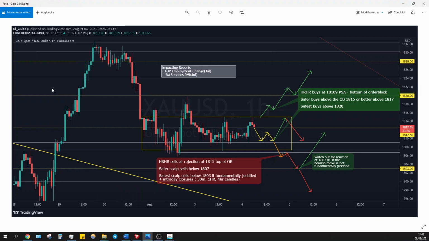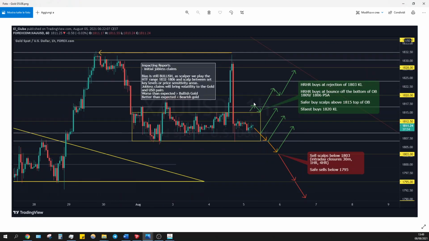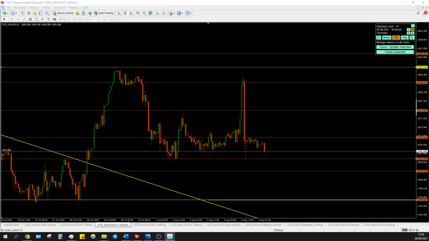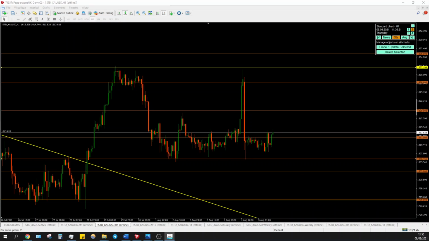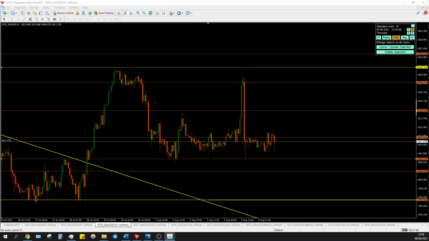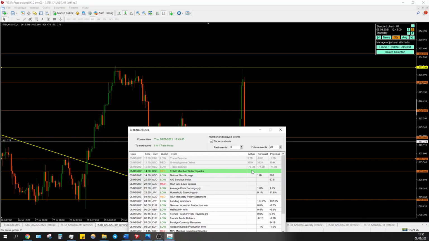Thursday, sorry. We have the initial jobless claims, nice candles, same ideas. We play the key levels, we play the report, etc. So we move and we go to the unemployment claims. Perfect. In 20 minutes, you see, we got less unemployment claims than previous and a little bit more than forecasted,